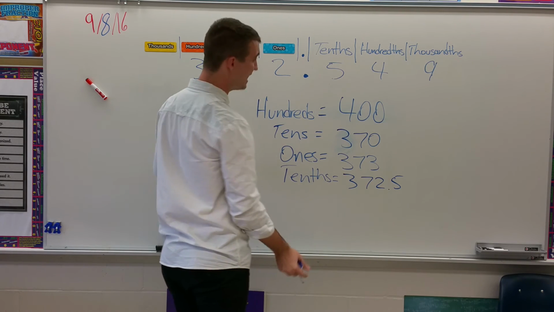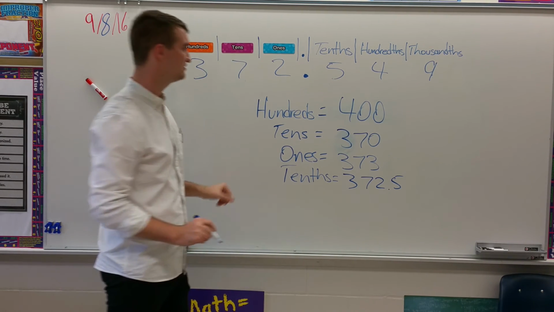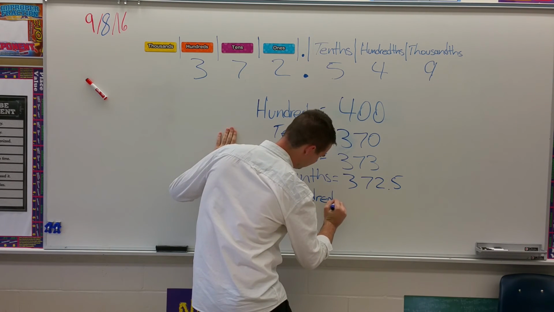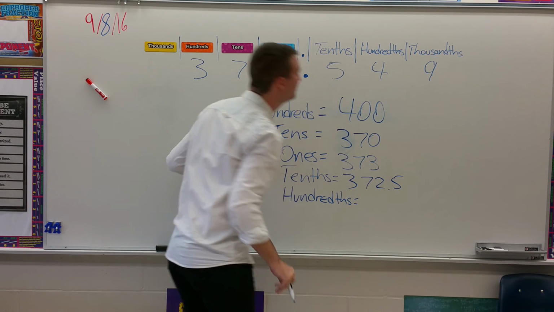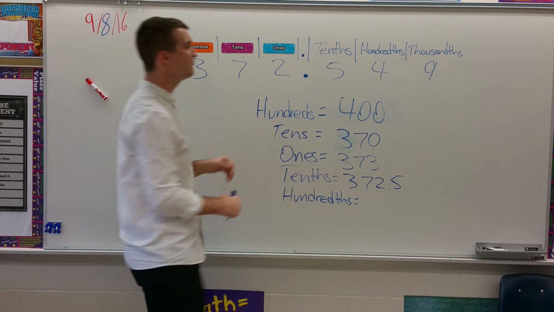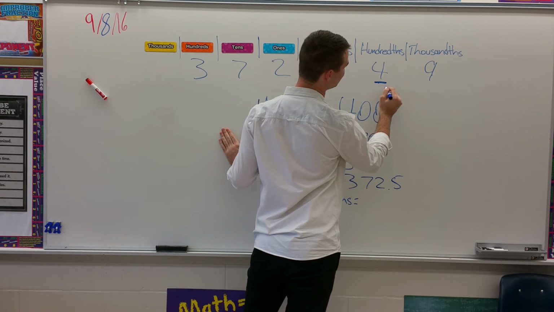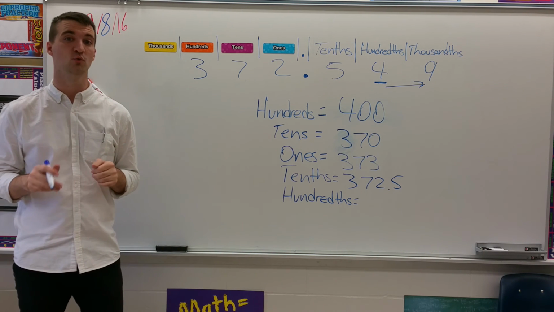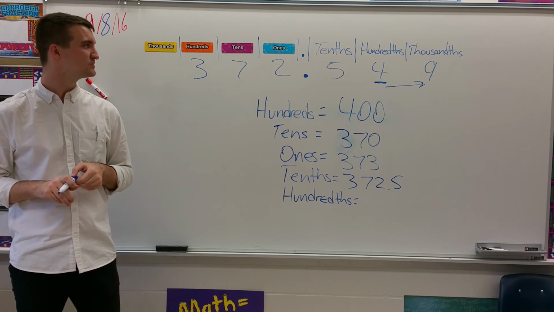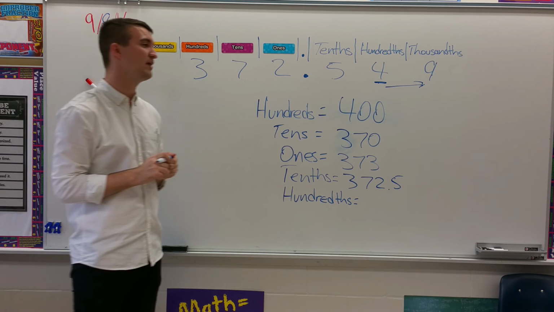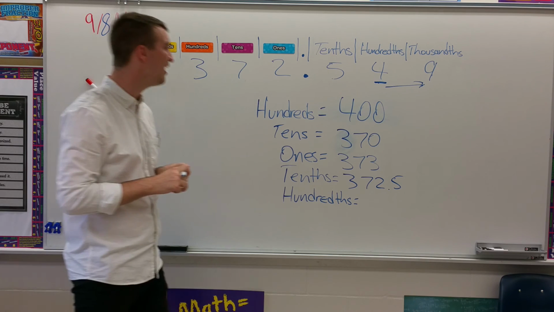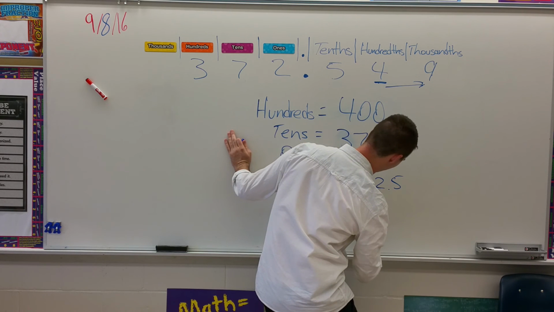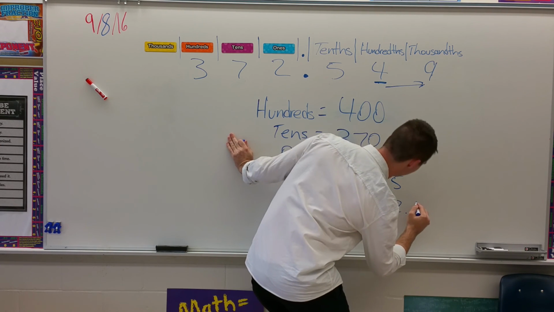All right? Now, we're going to go all the way to our hundredths place and stop. Our hundredths place has a 4 in it, and we have to look right over here at this 9 to determine whether we're going to round up or round down. Brianna, what do you think, are we rounding up or rounding down? We are rounding up. And so we're going to drop this because we're rounding up to increase this 4 right here. And it's going to be 372 and 55